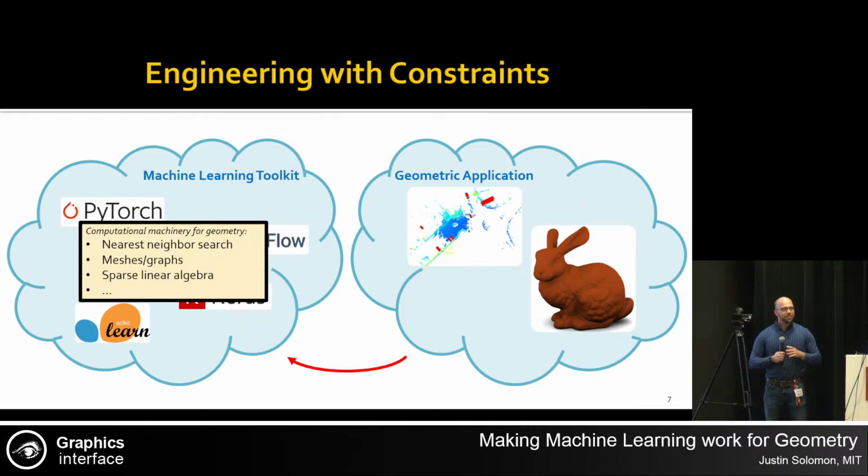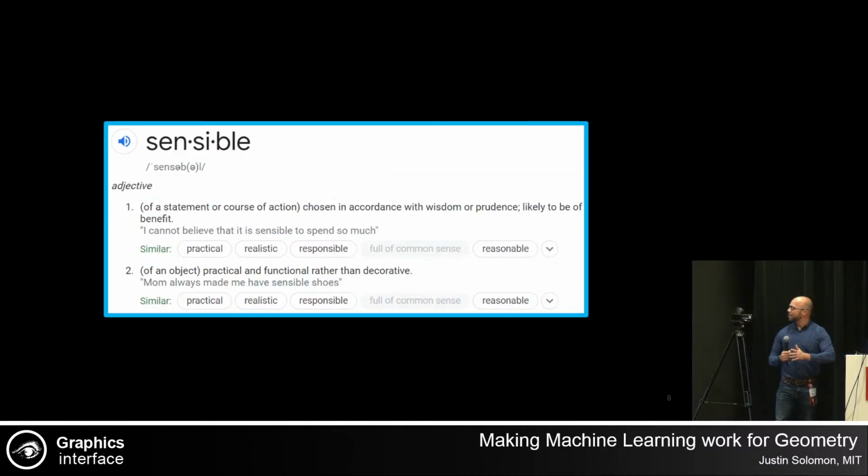And so essentially, we wanted to ask whether, if we were unencumbered by the capabilities of current machine learning tools, could we engineer interesting techniques that can have good performance for machine learning tasks on 3D geometry, but still look kind of sensible, is the word that I settled on, to somebody that works in this domain from before machine learning became so popular. Right? The idea that somehow it would pass the sniff test when you look at the type of calculations that we're doing on a triangle mesh or a point cloud, even if there's still some neural network sitting behind the scenes. And I would argue that a lot of the operations that were successful in early machine learning plus geometry really didn't pass the sniff test, right?